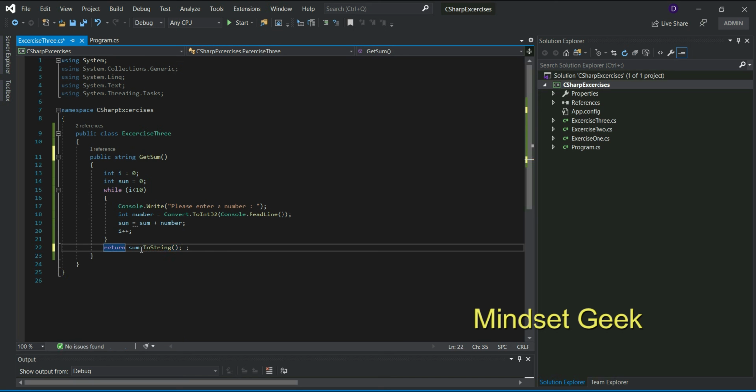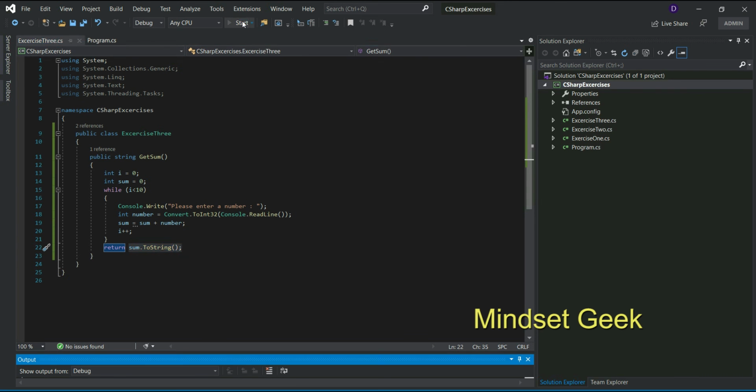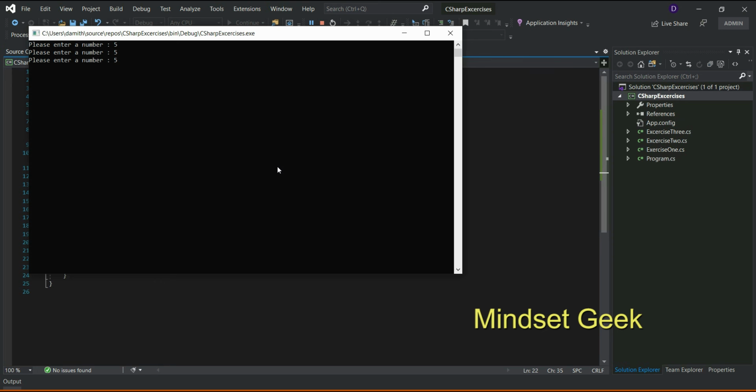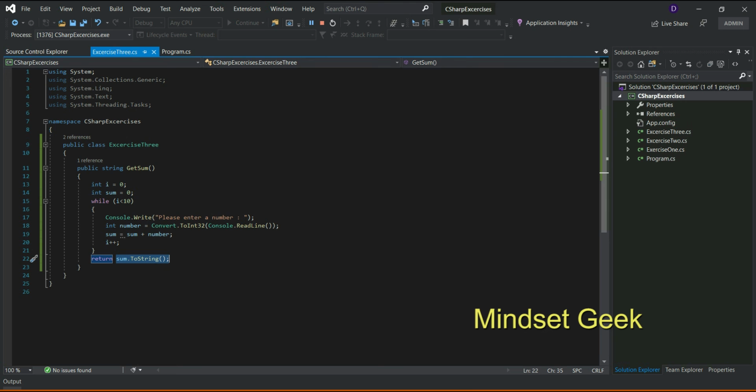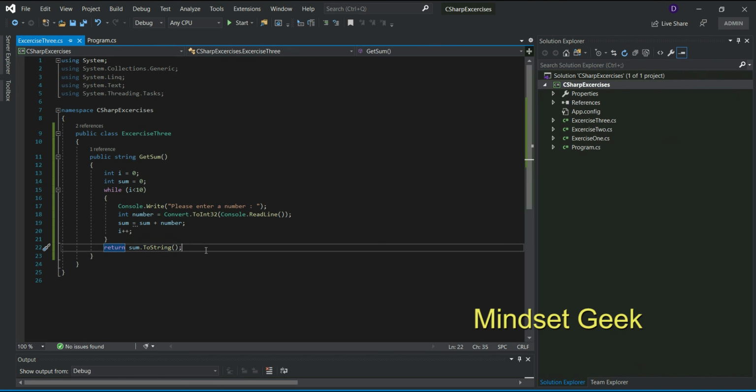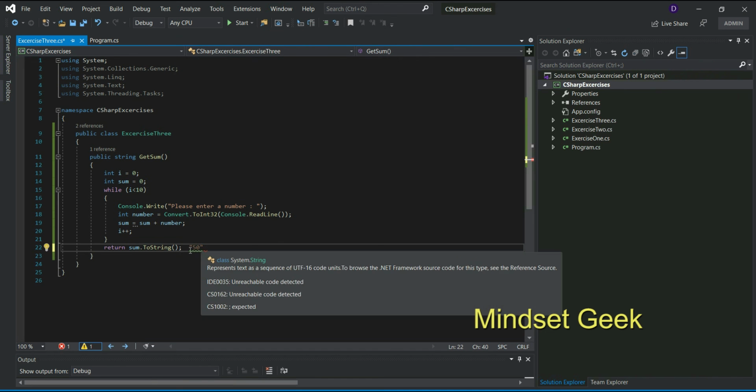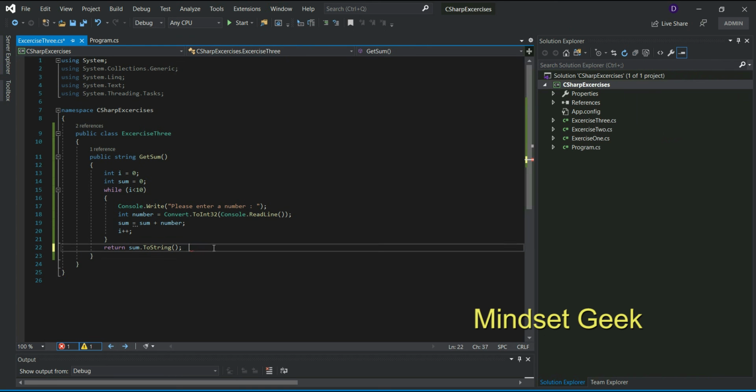Now this will return a string. It is also the same. The thing is, this 50 is not an integer, this 50 is a string. That's the thing. You know how to return.